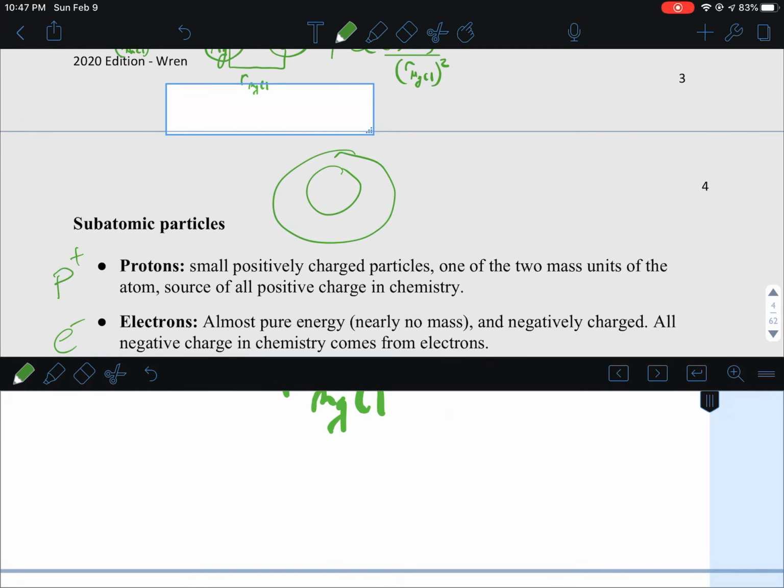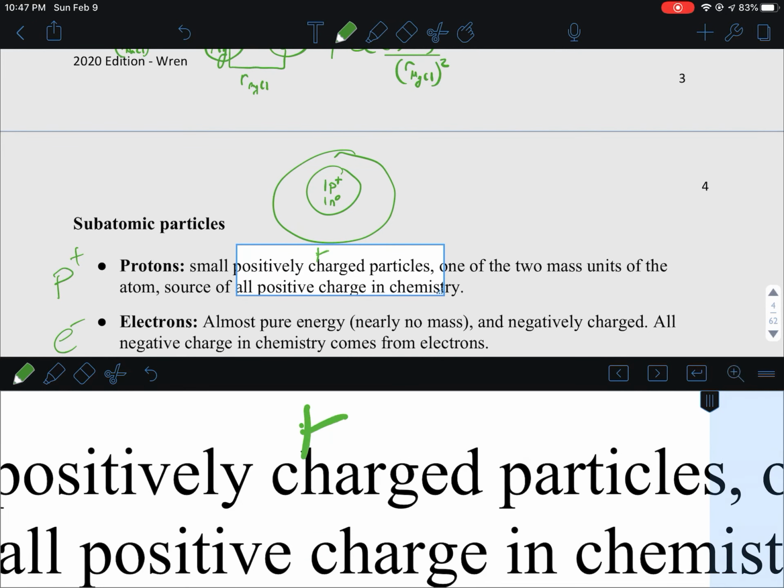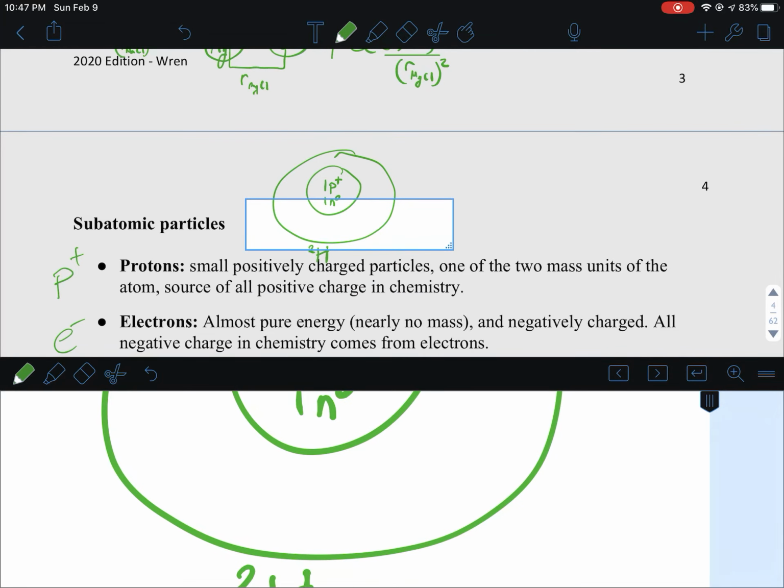So if we drew the Bohr diagram, let's just start with deuterium, which is one proton and maybe one neutron. So this is still hydrogen. This is a hydrogen atom with an atomic weight of 2. So let me think about that. I'm going to put that 2 over here. And so this is hydrogen 2, and hydrogen 2 would have a single electron